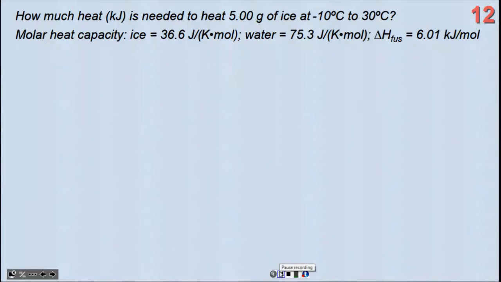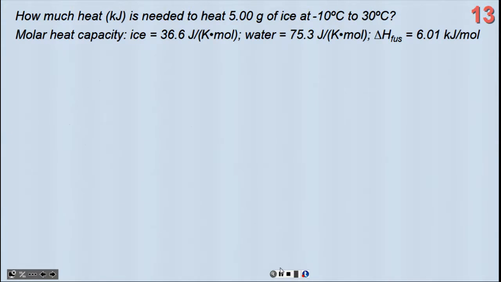Let's do another example that feels very similar to that one to see if you can make sense of it. This time we're going to take ice at -10 and heat it up to 30 Celsius. Ready, set, go. Provided here we have, again, the molar heat capacity. Oh, it's a slightly different one. Molar heat capacity, so it's per mole, for ice, for water, and also a heat of fusion, which, of course,